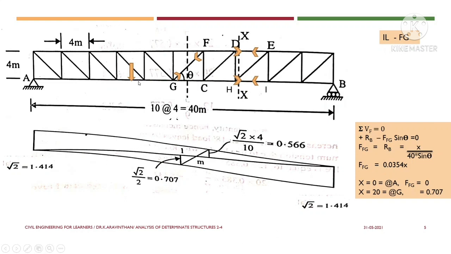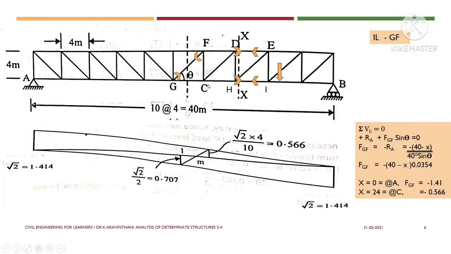Okay, after this point, if the load crosses the region GC and it reaches the third region, what happens? The load crosses the section GC and goes to the right hand side. Let us find the influence line after that. So you have to consider the left hand part, that is RA. RA is acting upward, and if we are placing the load at the right hand side of this region, you can take the G.